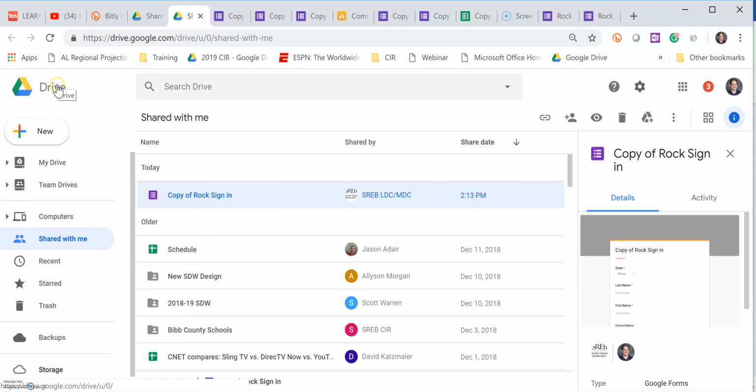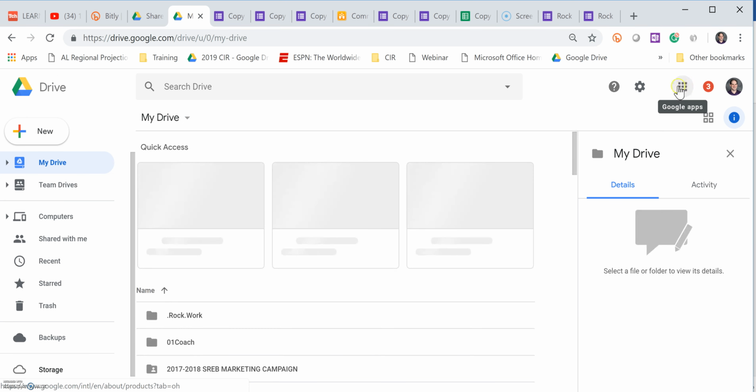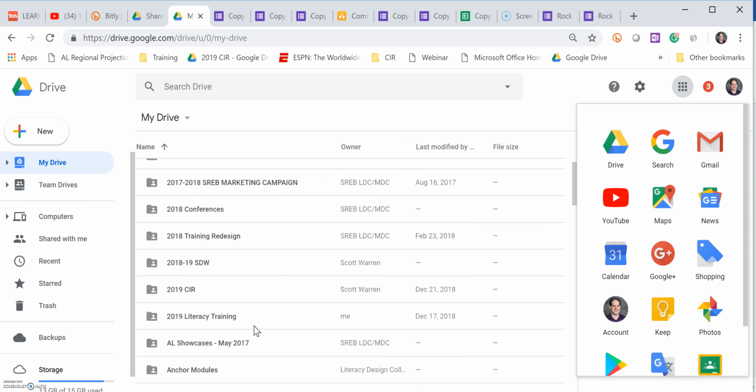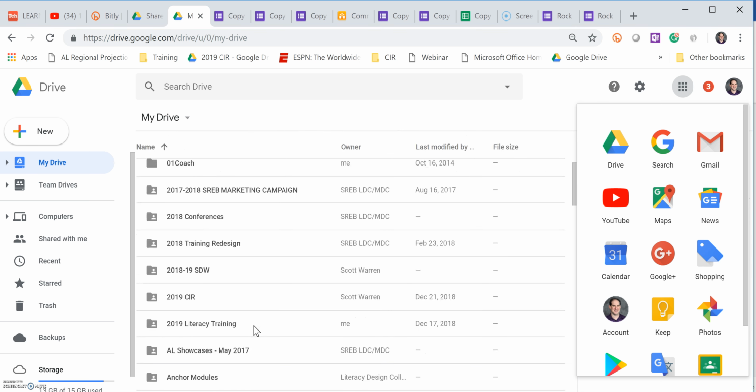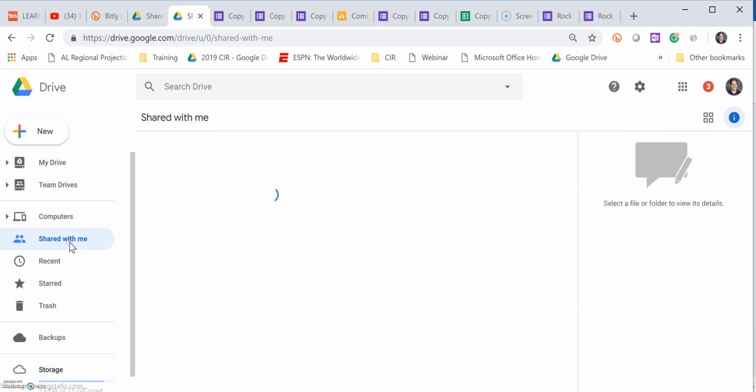So you're going to go to Google Drive. This is what Google Drive looks like. To get to it, let's say if you've never been in Google Drive before, you sign into Gmail. And if you sign into Gmail, you can click on these dots right here. If you click on that, and then you click on Drive, that'll take you to Google Drive. And in Google Drive, in this middle, you have sort of all of the folders and files. But on the left, there's this one that says Shared with Me. When you click on Shared with Me,